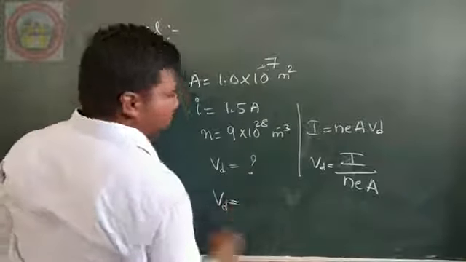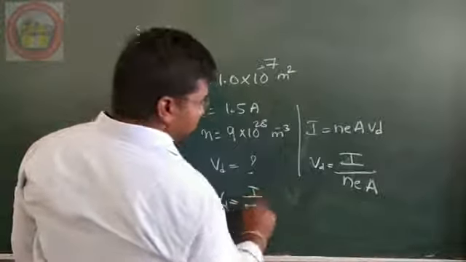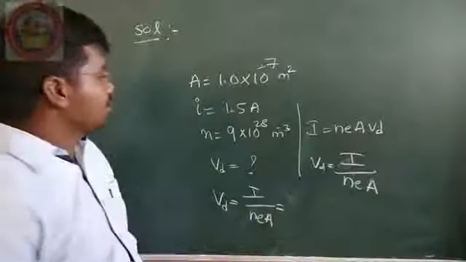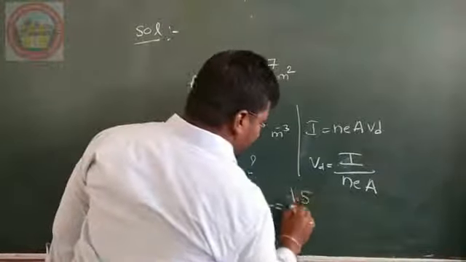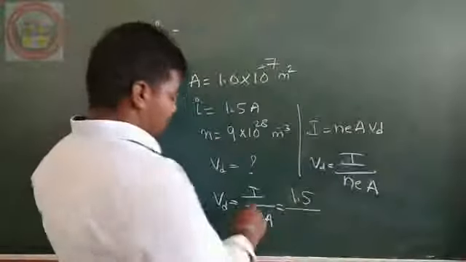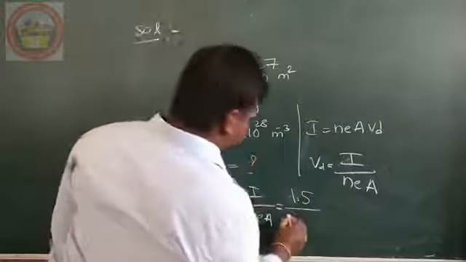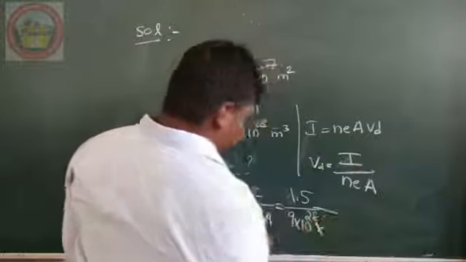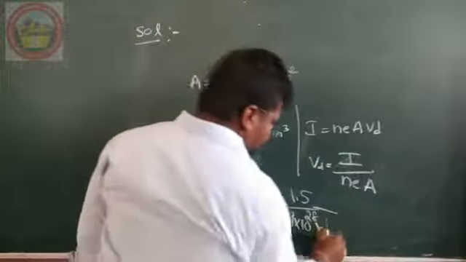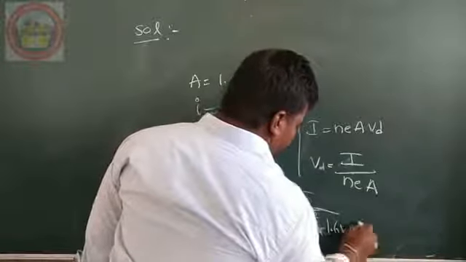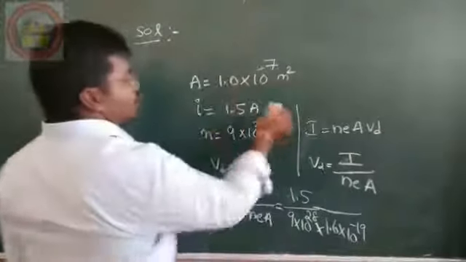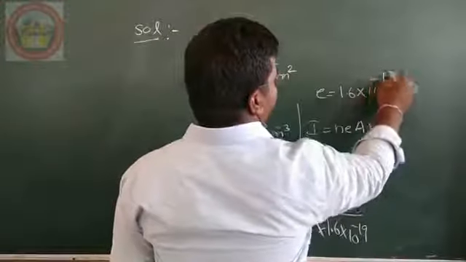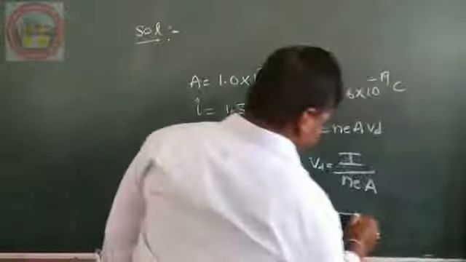Now, what is current? 1.5 divided by n, electron density 9 into 10 power 28, into charge of electron 1.6 into 10 power minus 19 coulombs. So e is a fixed value, 1.6 into 10 power minus 19 coulombs,